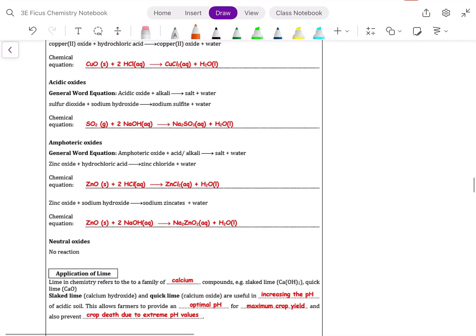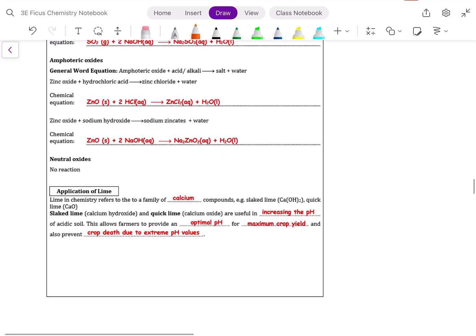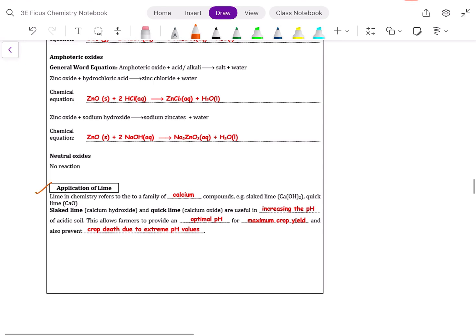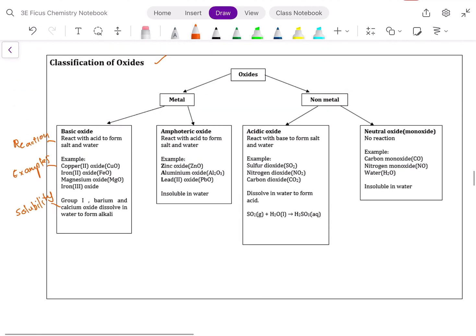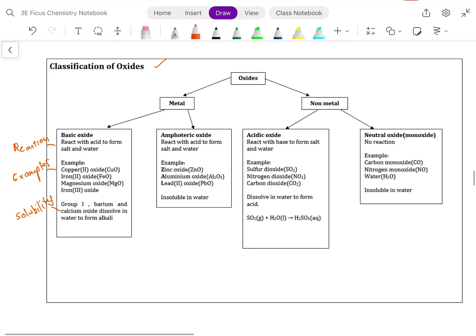Then after which these are reactions. You got another thing, which is liming. So that means what do you do to tackle the problem of acidic soil? So now let us look at oxides first. So there's